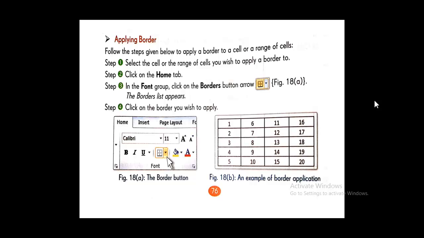Just the boxes and the name of the boxes, it is just so that we can apply formulas and functions. But when you take a print out, the boxes will not appear. Okay, so if you want to make these boxes,